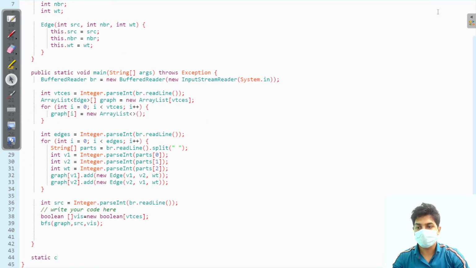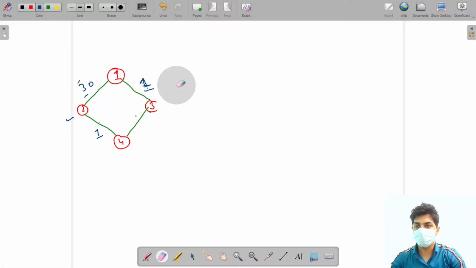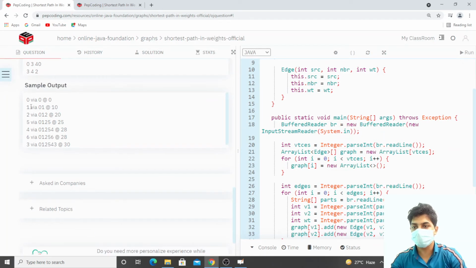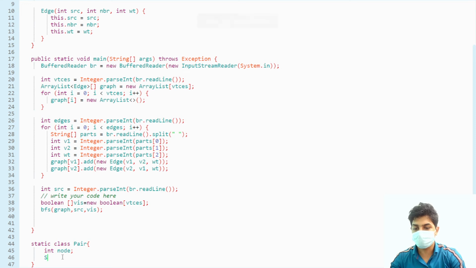Now let's write that static class Pair. It will have a node, then it will have a weight. Along with that, one more thing is required in the question, and that is we are required to print the path also. So for that we will need a string variable. Let's name it pathSoFar.